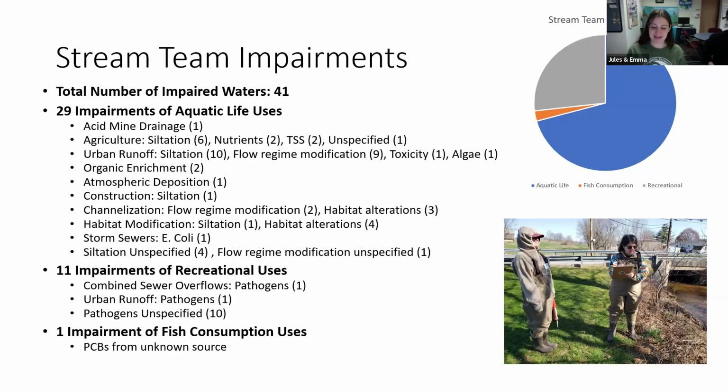I also just want to highlight with this slide that Emma spent some time with the Excel files behind the GIS maps that highlight the impaired waters, and that's how we got this information. Then she created all these stats, which I think is super cool and fun to dig into. We'll be sure to share these slides so you all can take a look at this in comparison to your sites.